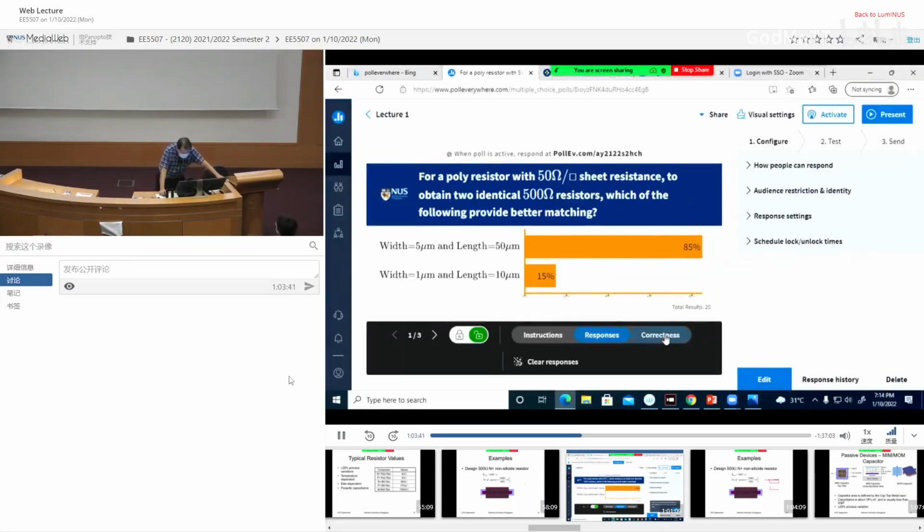So the correctness, 85%. The larger the area, the better the matching. That is the universal rule. Why is that the case? To understand this,